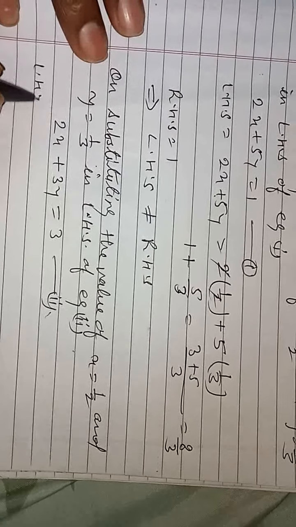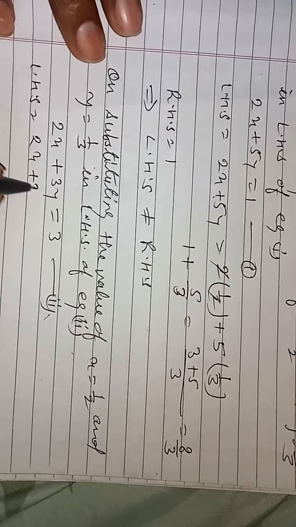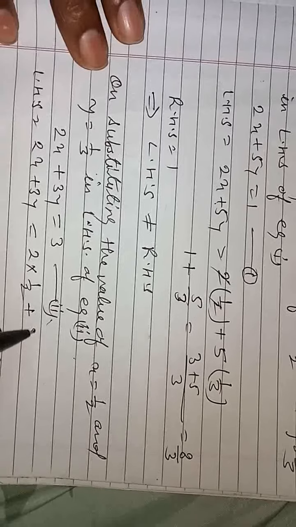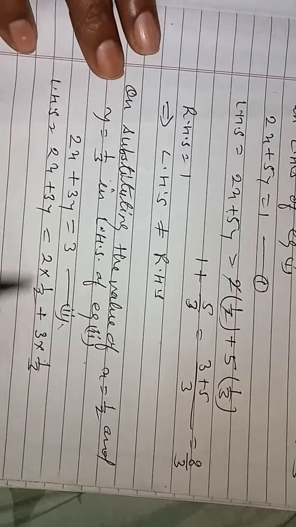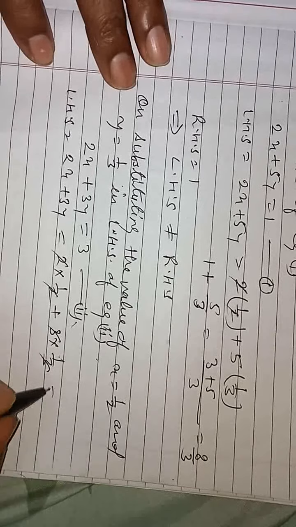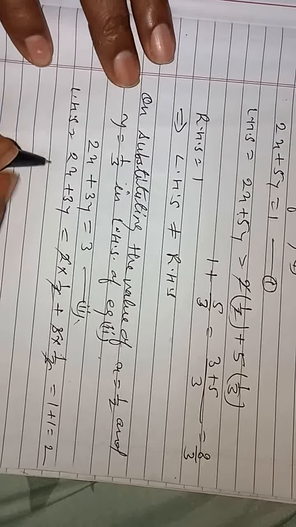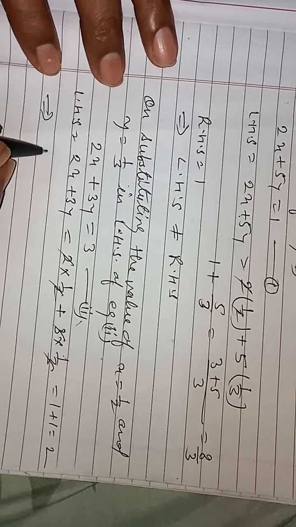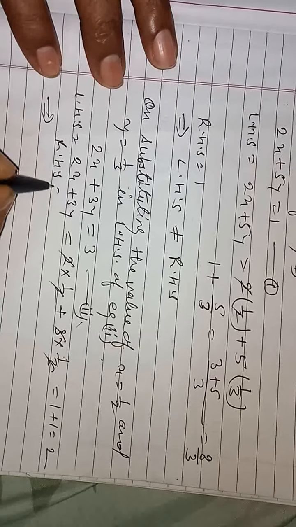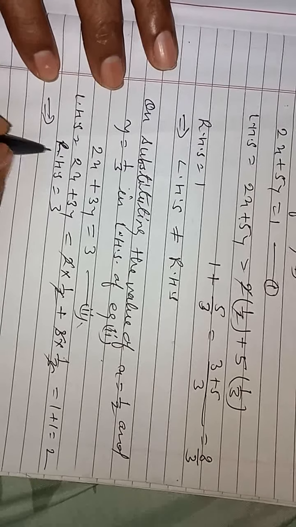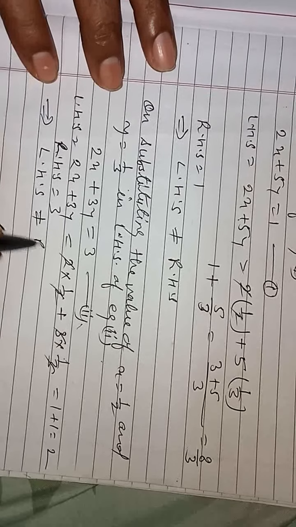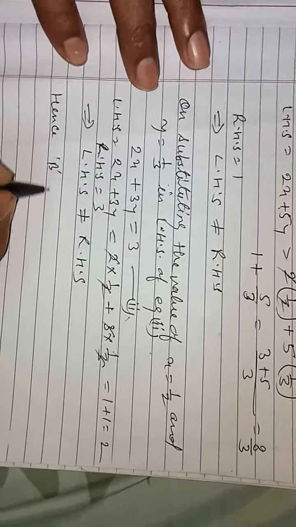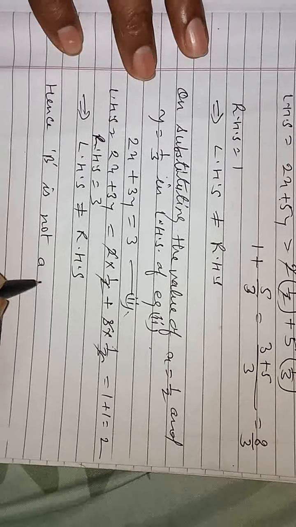LHS equal to 2x plus 3y. So at the place of x we put 1/2, plus 3 at the place of y we put 1/3. 2 cancel, 3 cancel. 1 plus 1 is equal to 2. RHS is given 3. This shows that LHS is not equal to RHS. Hence B is not a solution of